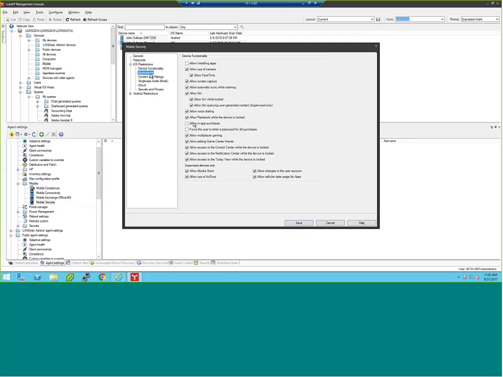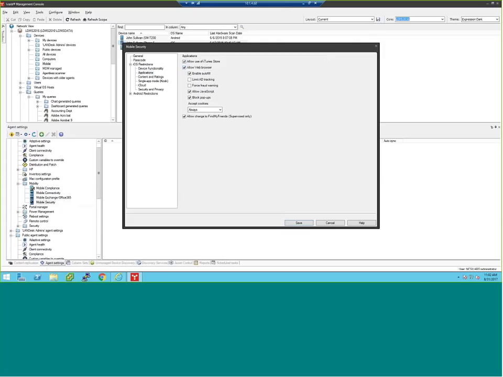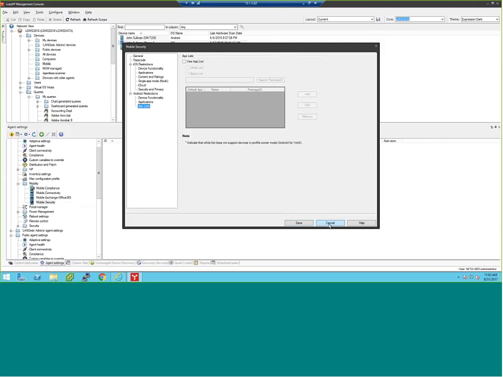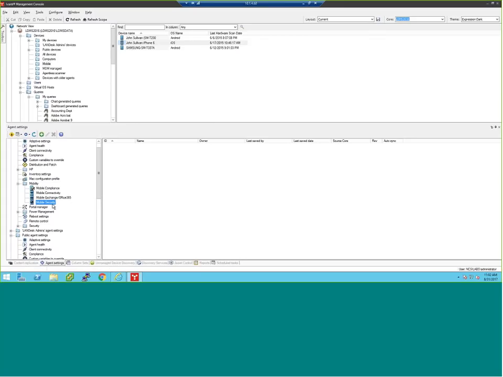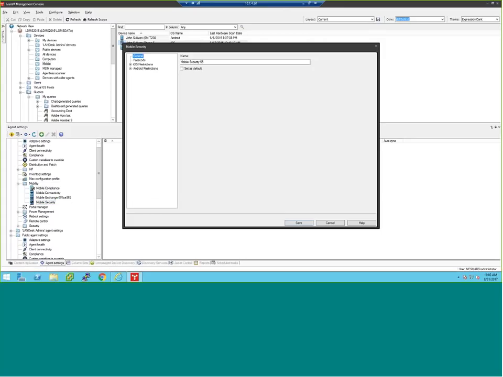I don't want in-app purchases. I don't want to use the iTunes Store. Don't use iCloud for backup. You get to pick all of the different settings here. Here's our Android functionality. We can turn it on and off. You can't use the camera. You can't use Bluetooth. Whatever you want. You go in and create this secure configuration, and then you go and apply that to that particular set of